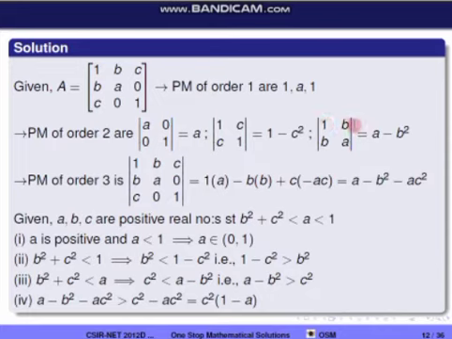So 1B, BA, that is equal to (a minus b) square. So similarly from this inequality I am getting (a minus b) square greater than c square, and c square is positive. Therefore (a minus b) square is also positive. So we got all principal minors of order 2 positive. Now we will check for principal minors of order 3.